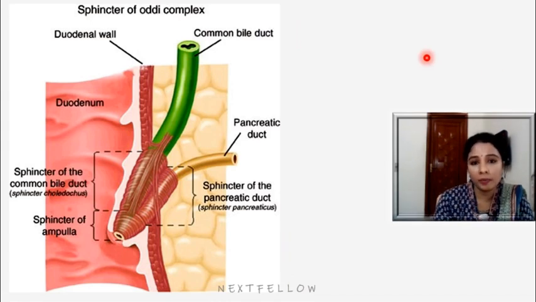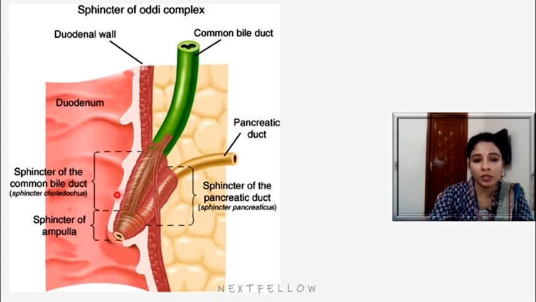Now the bile duct, the extrahepatic part which I was already discussing, protrudes into the mucosa of the second part of the duodenum and opens here. Because of it, it forms an elevation called the major duodenal papilla. The common bile duct passes posterior to the pancreas and ends at the hepatopancreatic ampulla, otherwise called the ampulla of Vater, where it joins with the pancreatic duct.